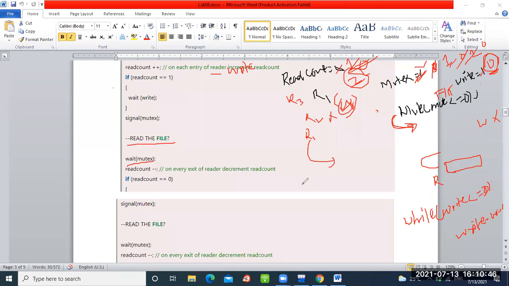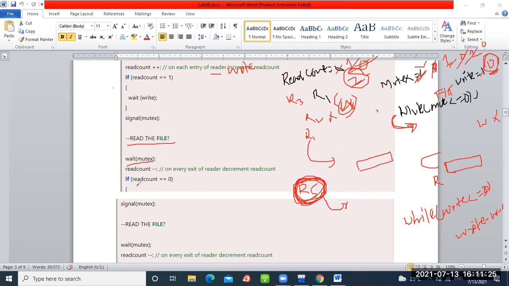Now, the interesting thing is if this is the last reader. Suppose R5 is my last reader. That means in my system, R5 is the last reader. That means after executing this file, what will happen? The critical section or file may be idle. So can I allow a different writer to access this now? Yes, I have to allow. That is the job of the last reader. What will the last reader do? He has to ensure that after leaving the system, the writer can be allowed.